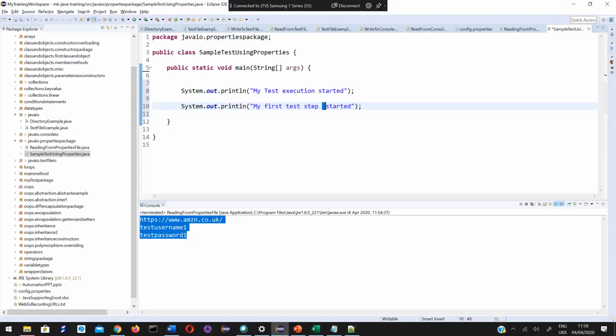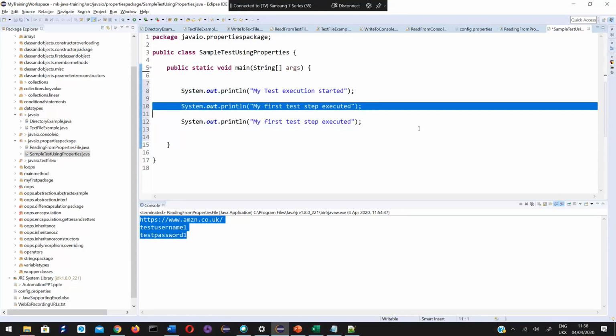This is dummy code that I am writing. In our case, this can be a Selenium step where we are opening a browser, then entering URL, then entering username, password, clicking login button.